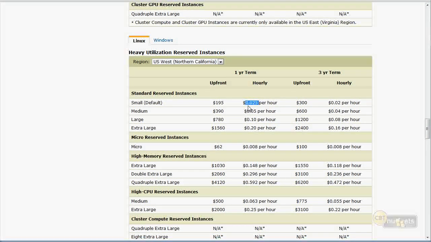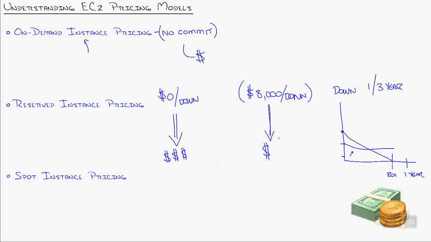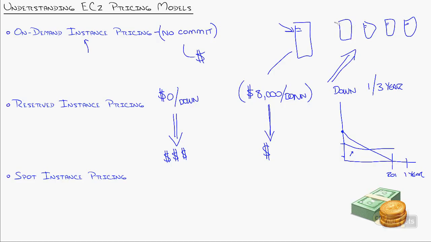So what you're playing the game with here is how often you expect this server to be running. Remember, Amazon's model is not vertical computing, where you just increase the processor and memory and keep building giant servers. Instead, they are all about horizontal computing, where you bring up additional servers as your demand needs them, and when you're done with them, you turn them off. So Amazon is saying, okay, you've taken the horizontal leap and you're going with that design model.